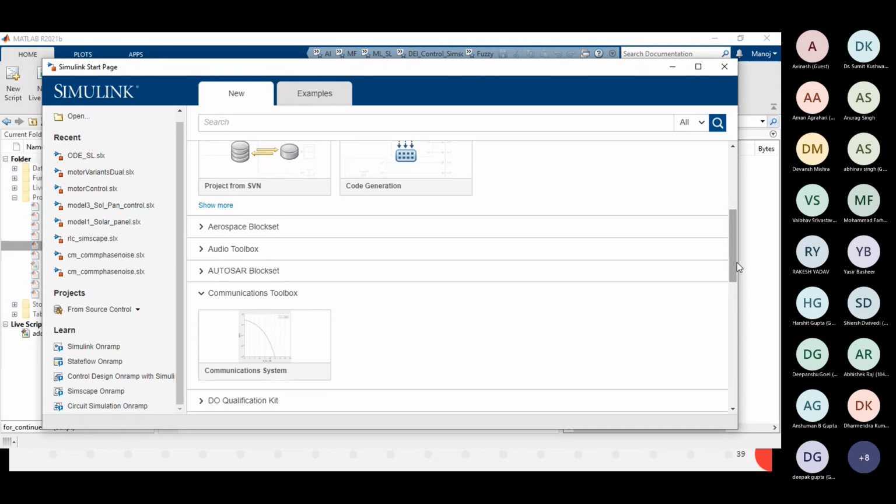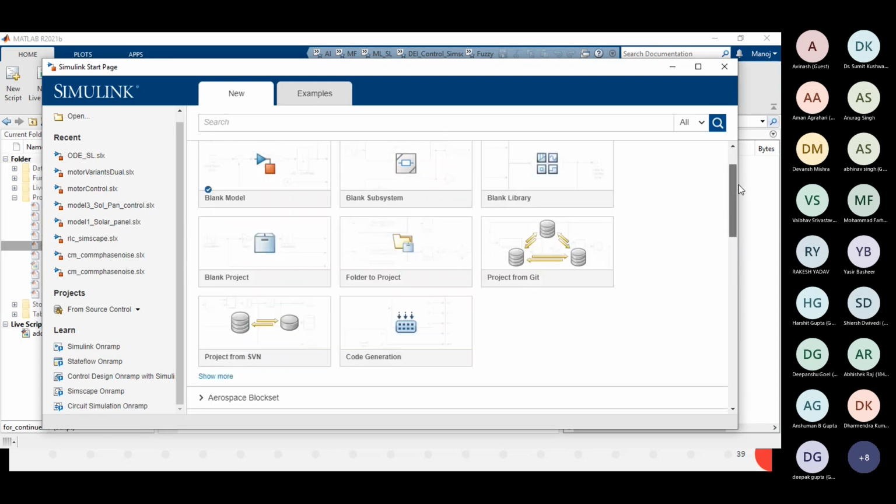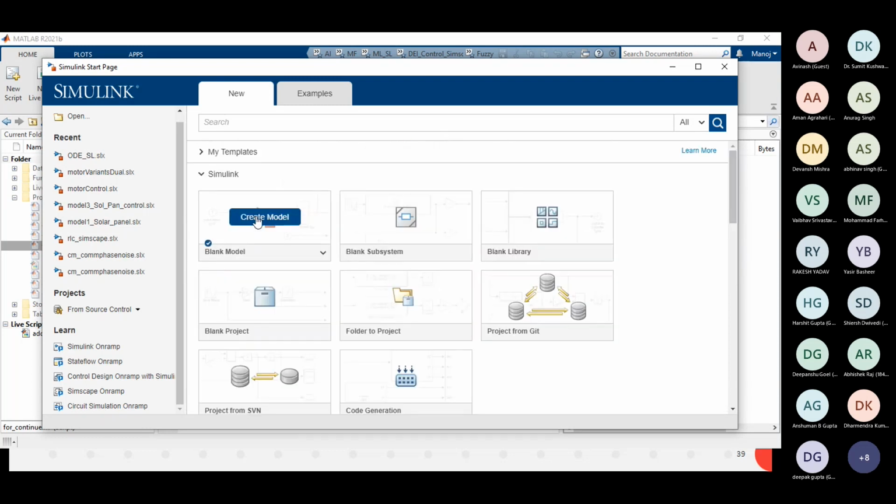So if you are not aware which particular solver will work for your system, we can directly open a particular template. There are pre-built settings there, so we can start using this template also. But right now, I'm just going to